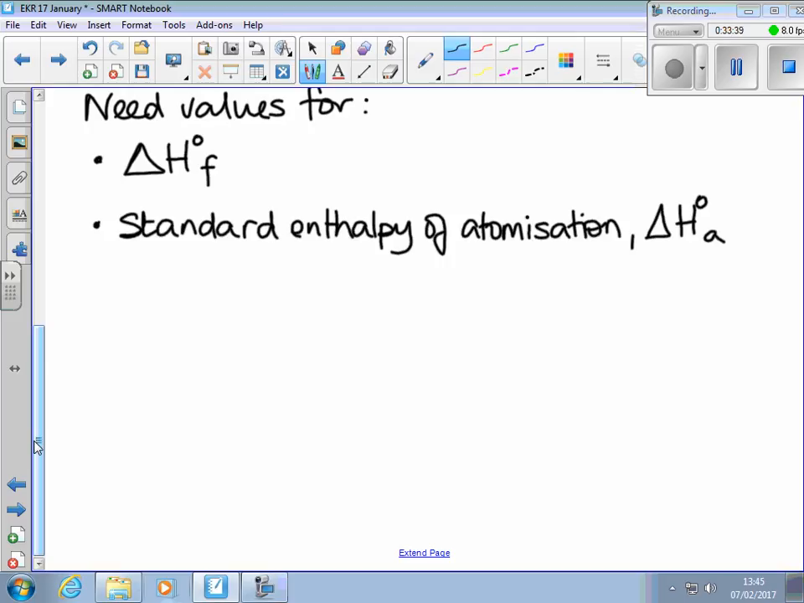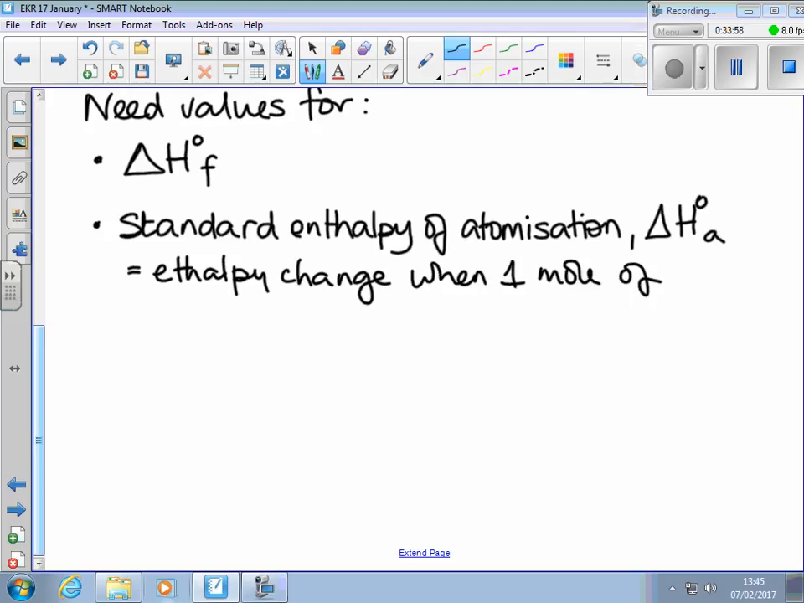All right, so what this is, we'll give it a definition so you know where it fits when we're using it. This is the enthalpy change when 1 mole of gaseous atoms,